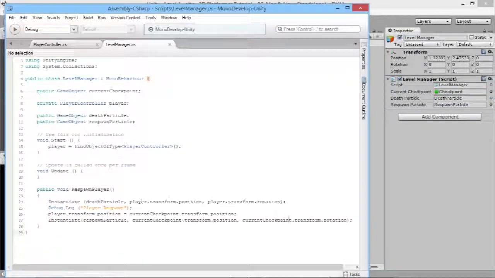So we'll go back to our level manager script here. And now this whole little section here is what handles our death